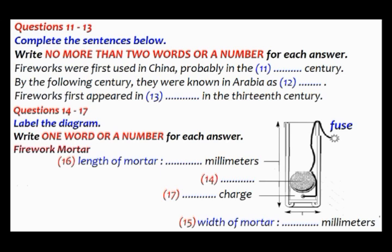It then took a long time for them to spread to Europe. In fact, it wasn't until the 1200s that fireworks made their appearance there. The basic ingredients of fireworks have changed little to this day. Their explosive capacity comes mainly from black powder, also known as gunpowder, which is produced from a mixture of charcoal,